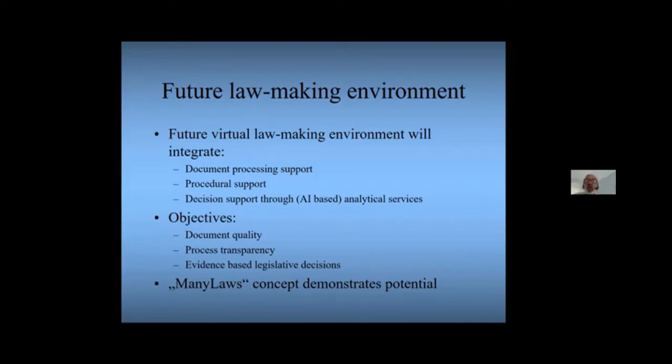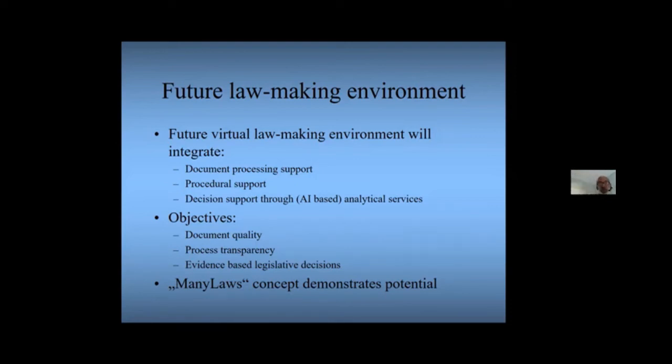Finally, a vision. Let me share with you a vision I have about how a future lawmaking environment might look like. A future lawmaking environment, in my opinion, will integrate, on the one hand, document processing support, the workflow support for producing, processing, amending, publishing, storing legislative documents. Procedural support by supporting the legislative procedure at the different stages, the committee stages, the plenary stages. And finally, and this now is quite a new approach, it will also integrate decision support systems, decision support services,